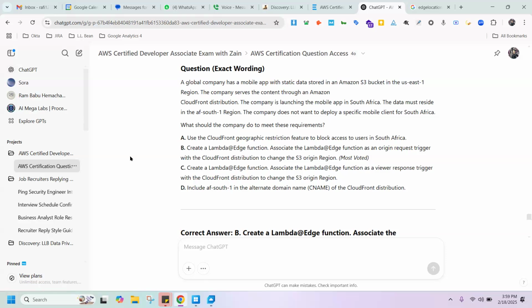Okay, so when it serves the traffic in different regions, how does it